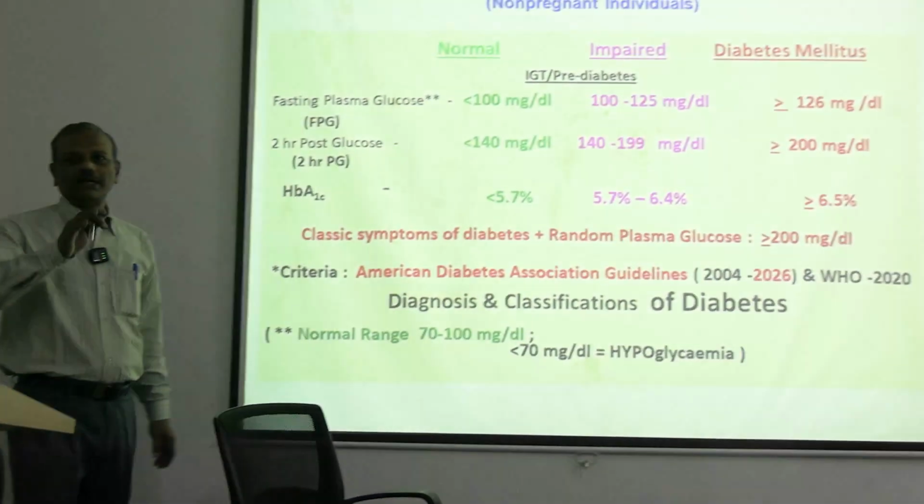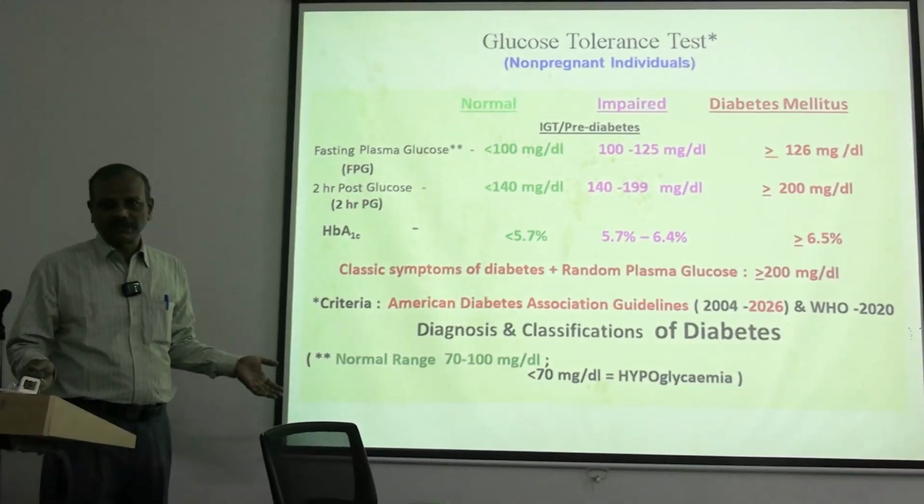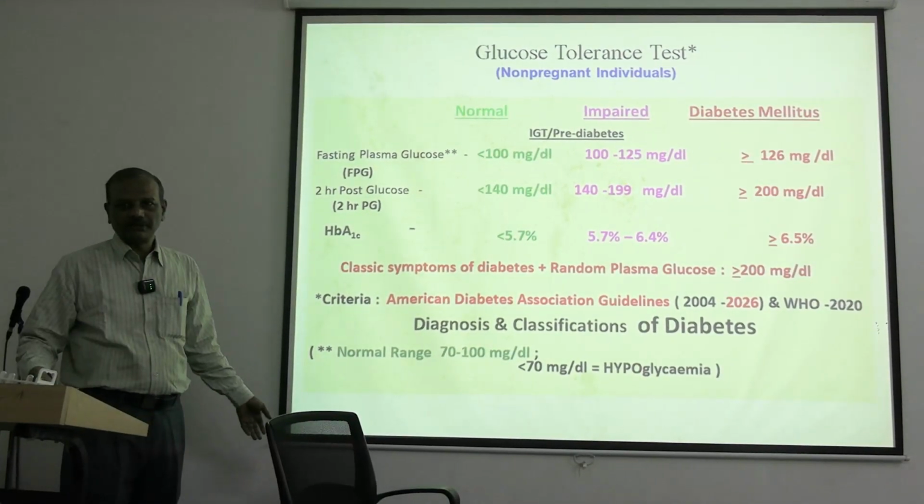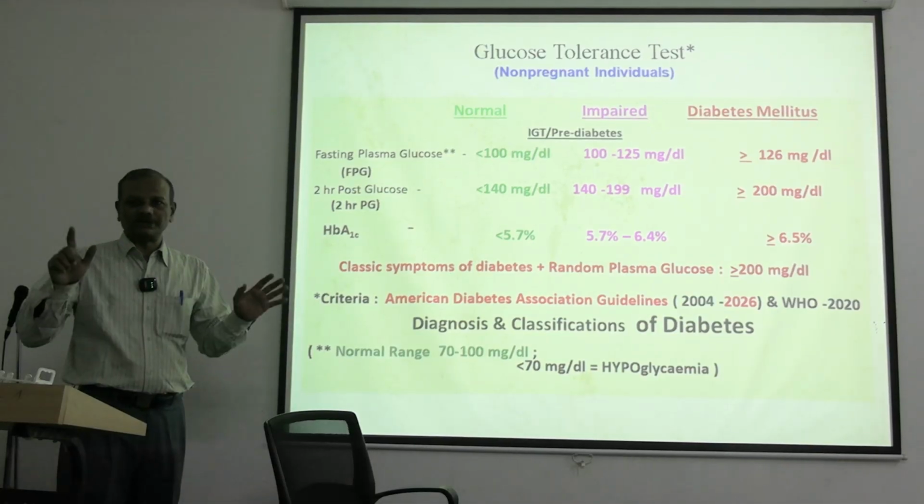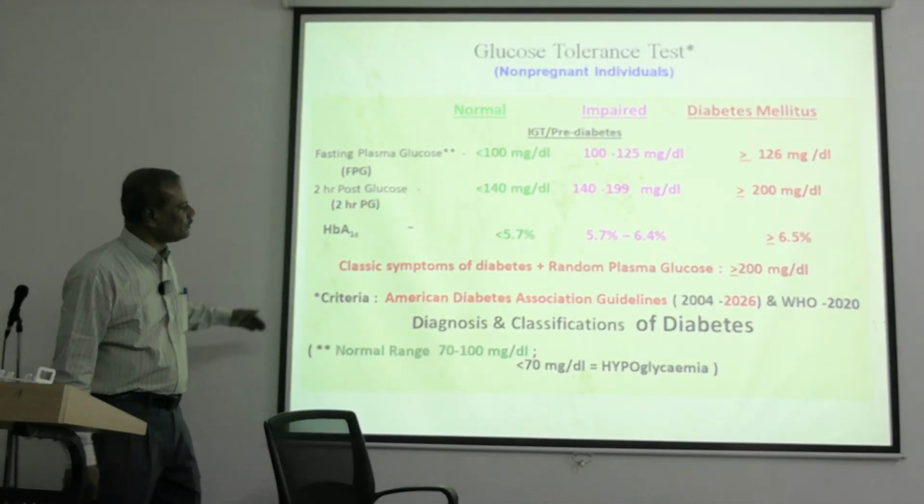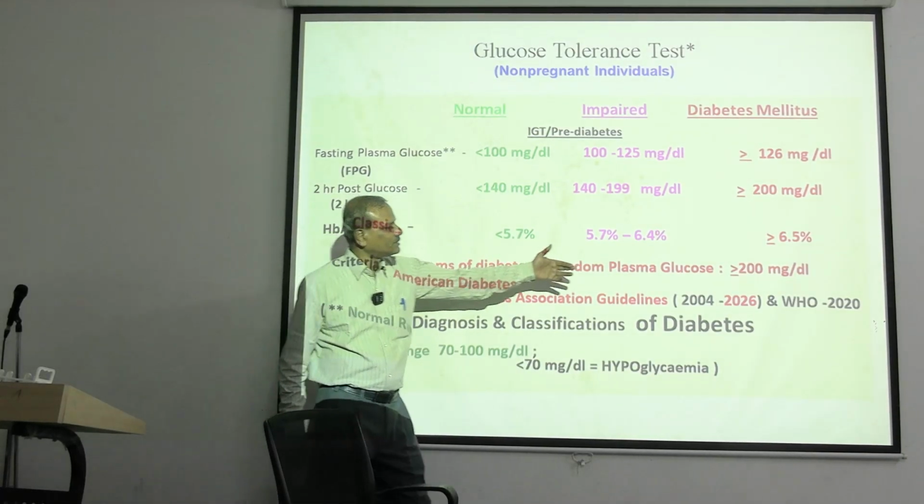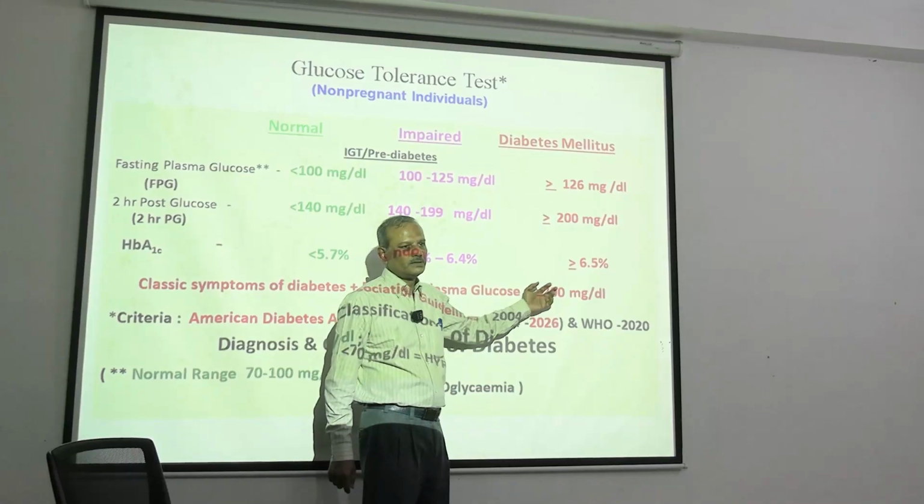Now, if there is a patient who has been admitted for the first time and you don't know what the status is, you will draw a random sample. Random sample is regardless of fasting, whatever food he has taken; I don't know his condition. Now you do a clinical check for diabetes with a random glucose test, and if you find more than 200,